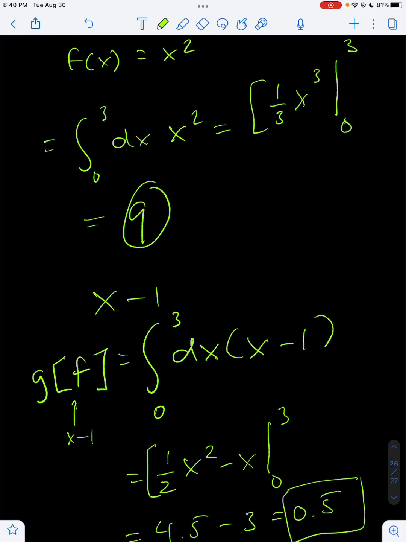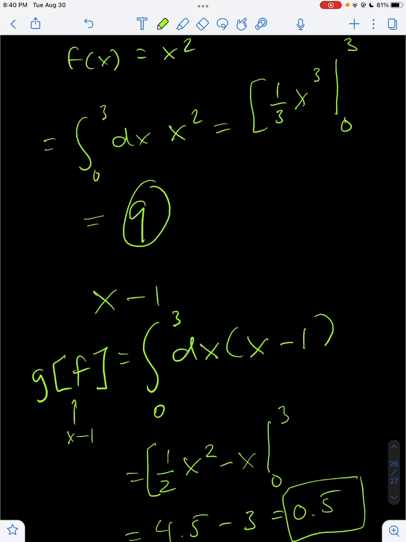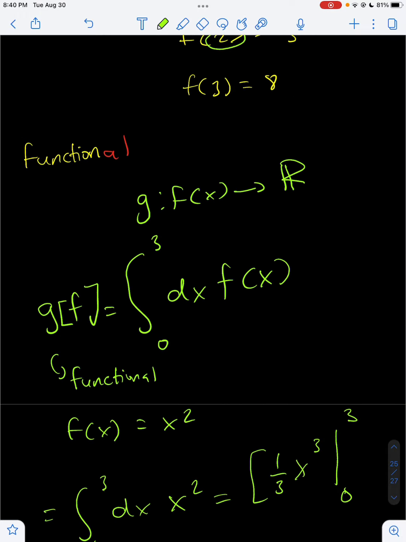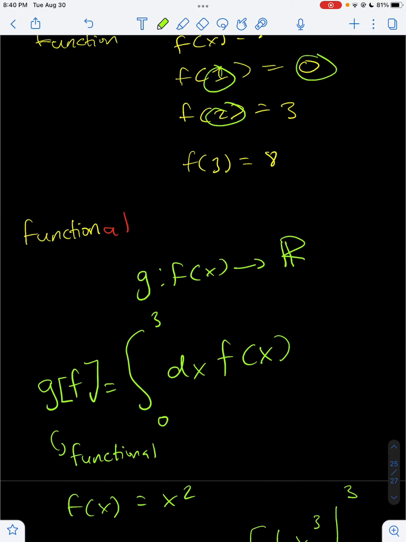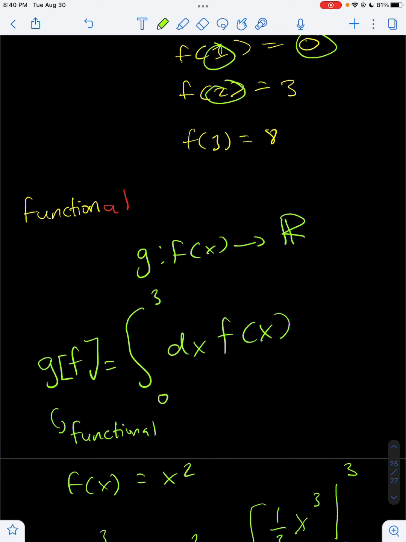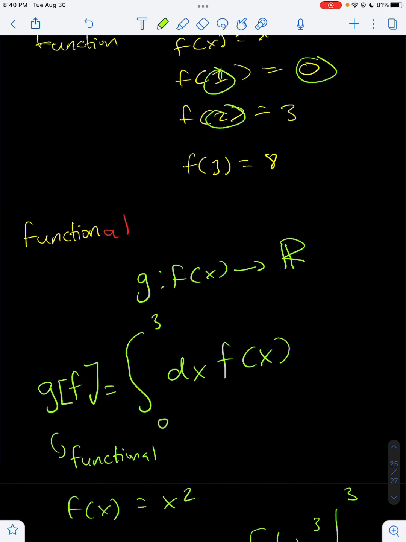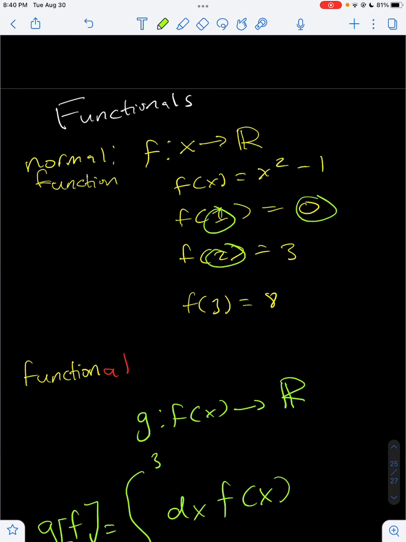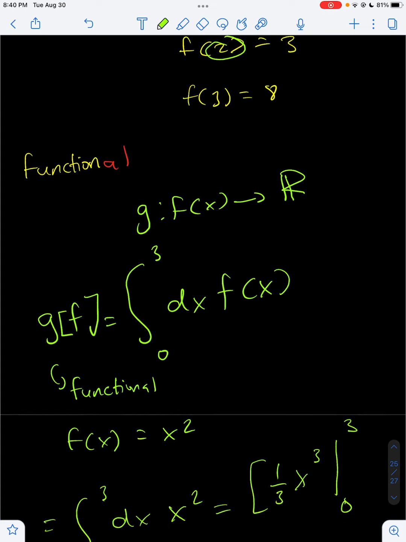So g takes in different functions and assigns each a real number, just like how f of x took in different numbers and assigned them a number. So a functional is a function of functions that takes in any arbitrary function in the domain and gives it a real number. Now, we can do a lot of things to functionals that we did to functions. Like, for example,